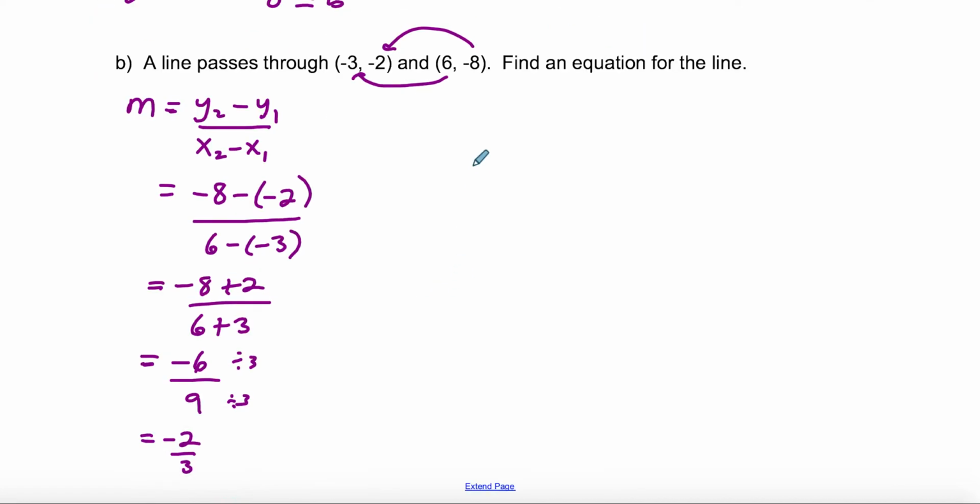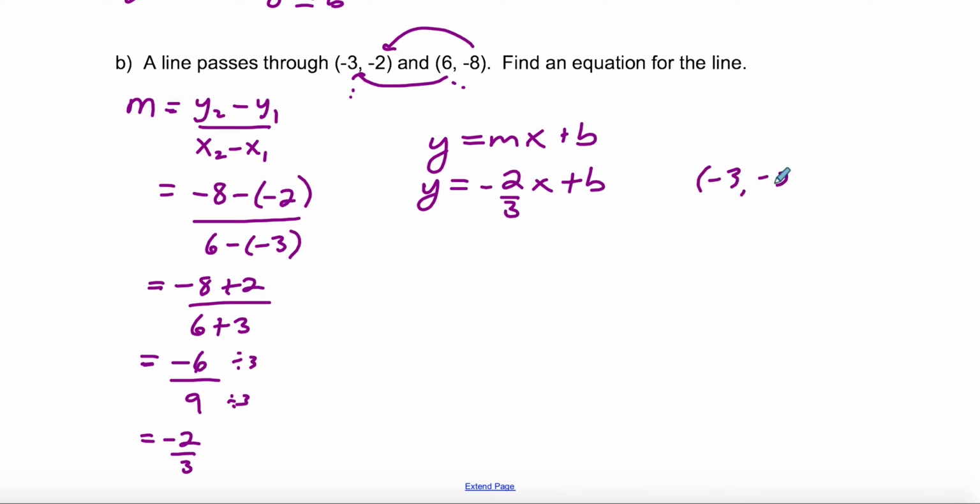So now I have a formula, y equals mx plus b. I know my m is -2/3, but I need to know what the b is. So here again, I don't know which of these points looks easier to use, but we get to just pick one. What if we use -3, -2 for x and y? Lots of negatives, but